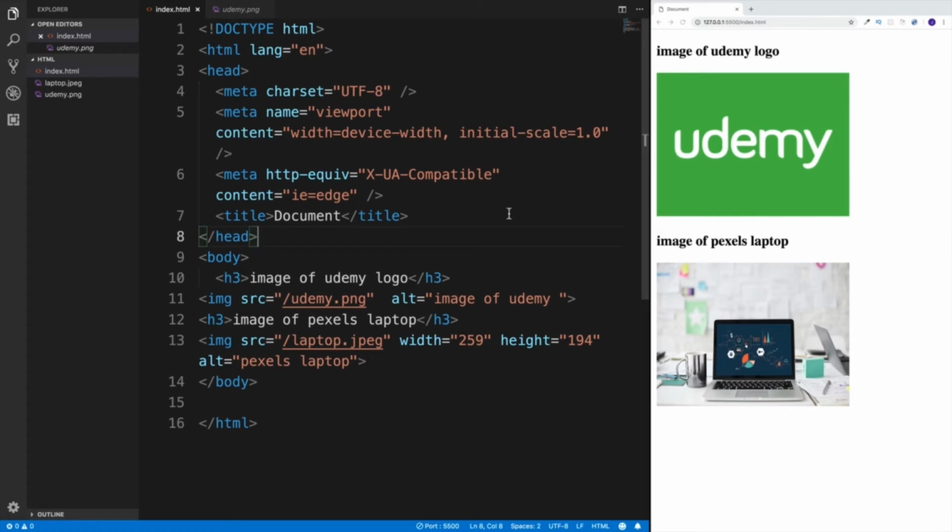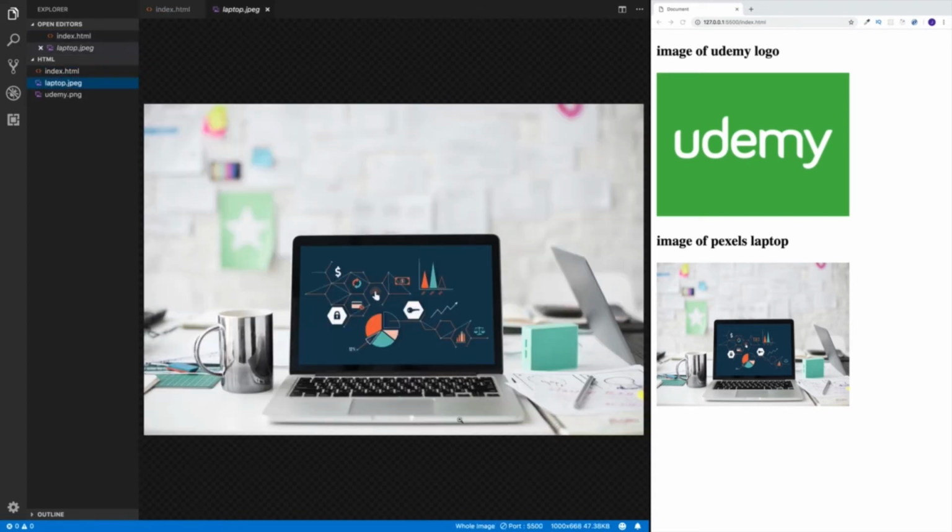However, there's a big issue. Even though we change the width and height, or even if we do it in CSS, which again we'll learn later on, the browser is still rendering that massive image. If you're going to have tons of massive images like this, then whoever is visiting your website is going to experience very slow load times. Usually the user is going to wait for 3 seconds and then just leave and find a different page. So even though we have here a width of 259 and 194, what we're actually rendering is still this guy with